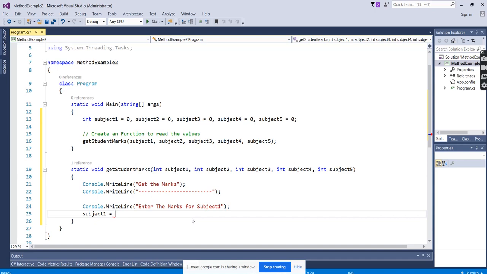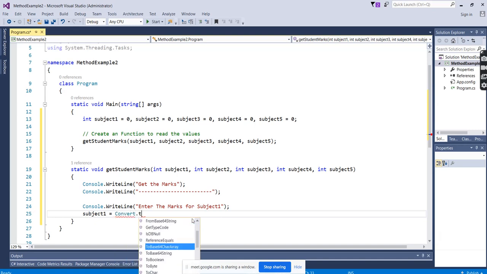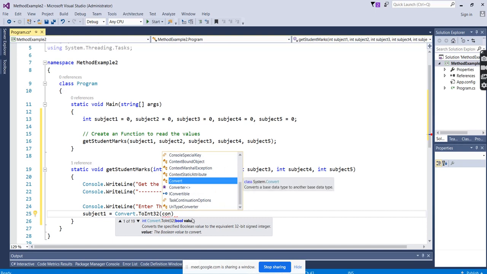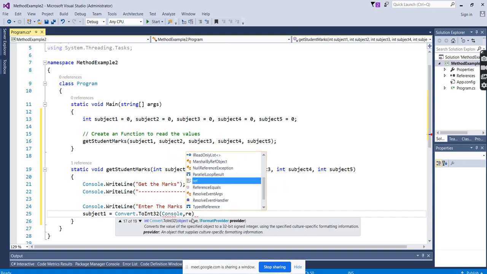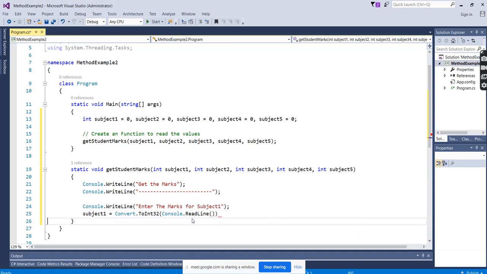For that we need to convert it to integer. So Convert.ToInt32 will go, and here we use Console.ReadLine. Okay, fine, we got this.